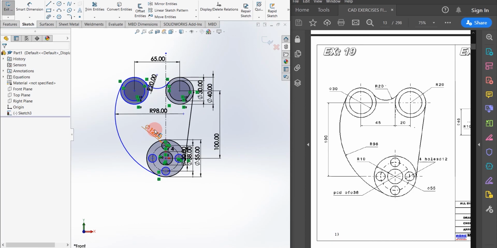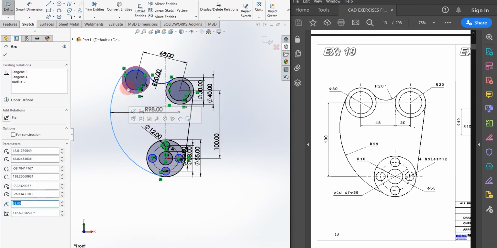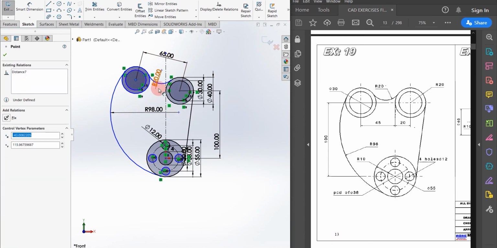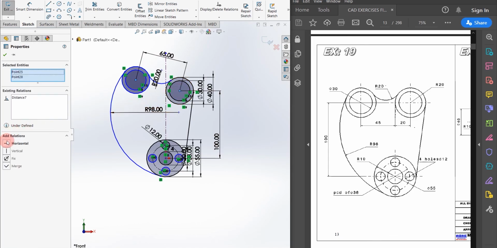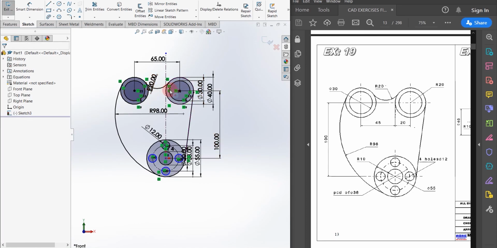Our sketch is complete, but as you can see, this circle and curve are blue, so they are underdefined. To check that, I'm clicking on this curve and trying to move it. As you can see, it is moving like this. So I need to fix this center point. I'm going to select this center and this center and give the relation horizontal. As you can see, they both lie on the same imaginary line. So our sketch is complete.